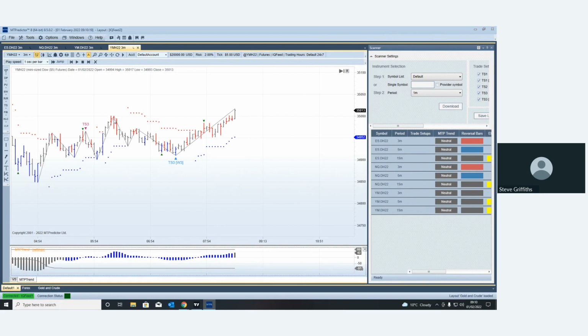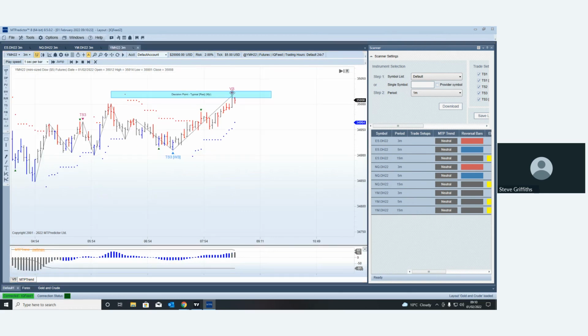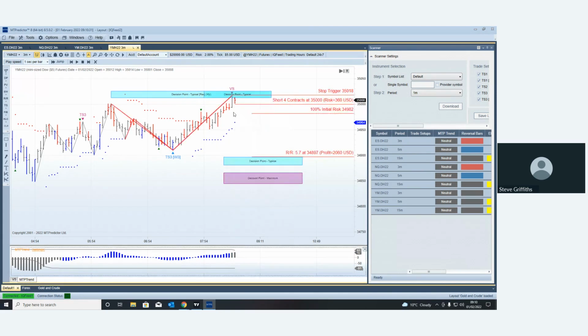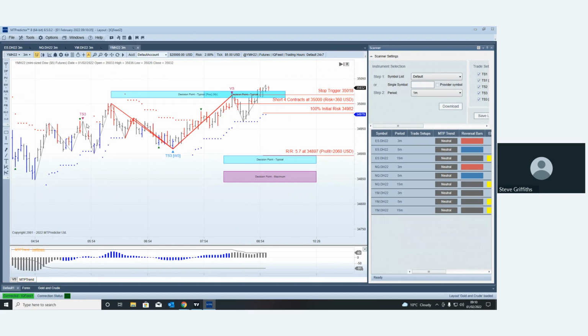If I take the DP off there, go forward 1 bar, it then came back down again. Our MTP trend was grey. It looked like it was going to go down quite nicely, but if I turn training mode off, you can see it got just past the 100% initial risk level, has now gone back again, and you would have been stopped out. So in this case, this VS setup didn't work out as anticipated, and it would have been a